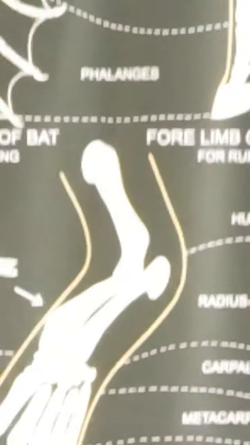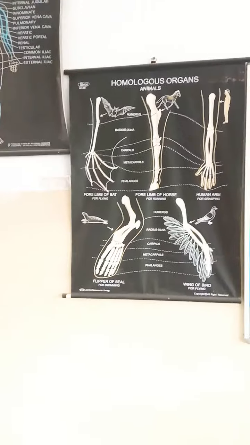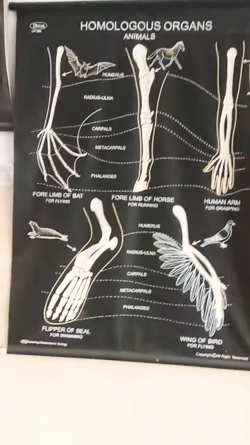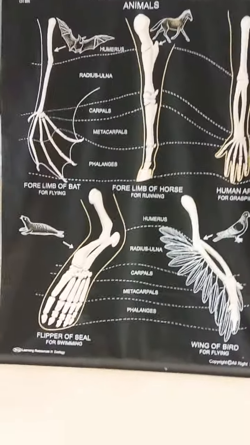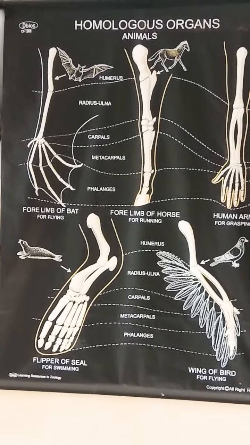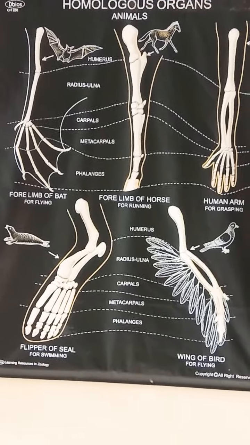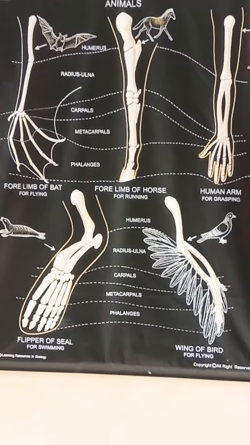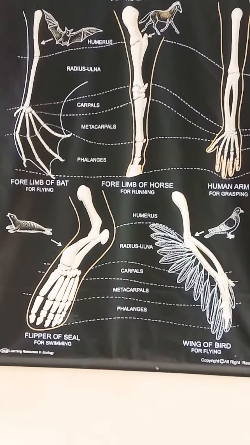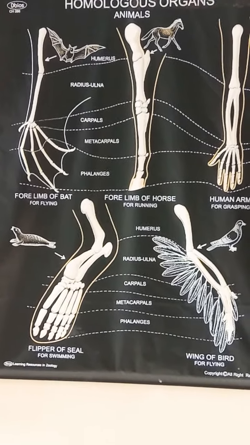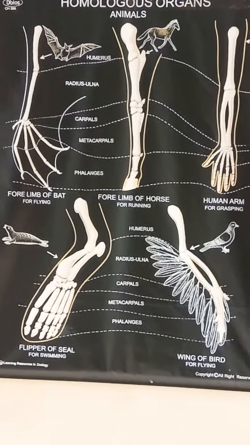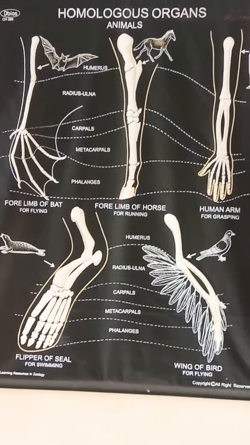So now I am going to show you some diagrams that are related to homologous organs in animals. So students, you can see here homologous organs in animals. In the first structure, you can see forelimb of bat. Second structure, forelimb of horse. Third, human arm. Fourth, flipper of seal. Fifth, wing of bird. You can see in all diagrams, this is the structure of the forelimb, and you can